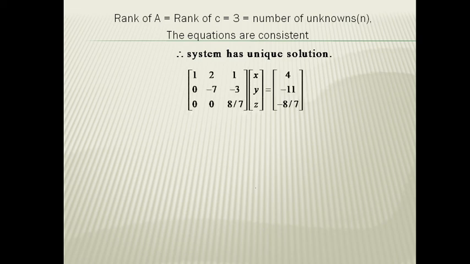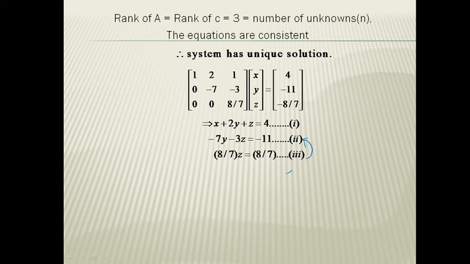We write down in the form of A x = B. We simplify these three equations and find out the values of x, y, z. Now from the third equation, first we find the value of z: z equals 1. Then we substitute this value of z in the second equation, find the value of y, and then we substitute the y and z values in the first equation and find the x value. These x, y, z values are these. Therefore, x equals 1, y equals 2 and z equals 1, which are the required values of x, y, z.